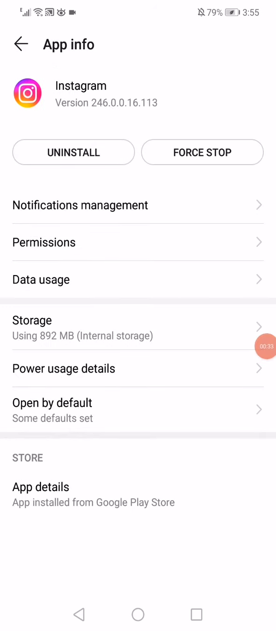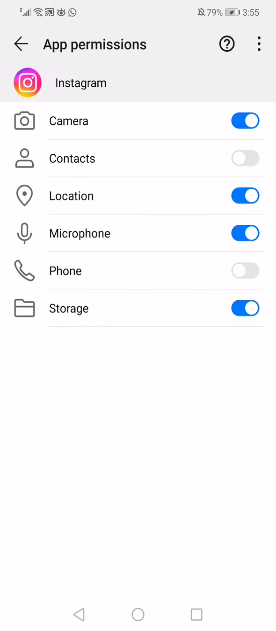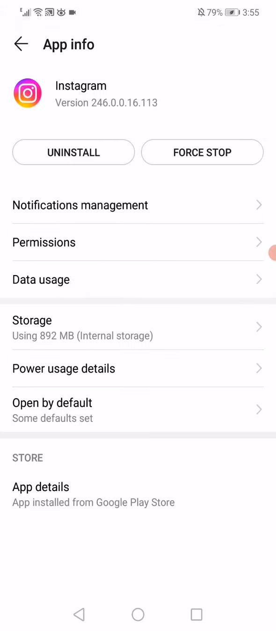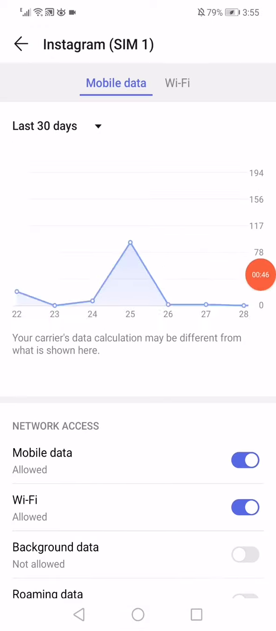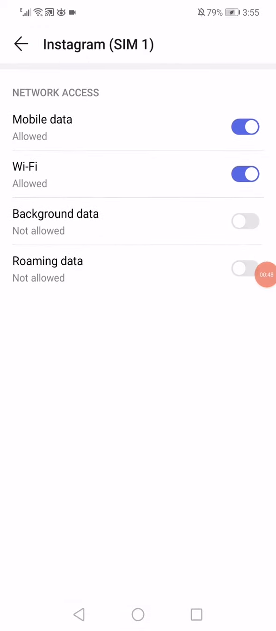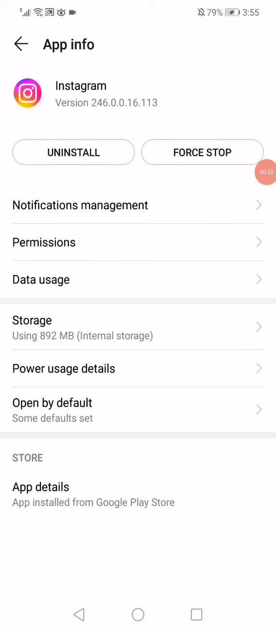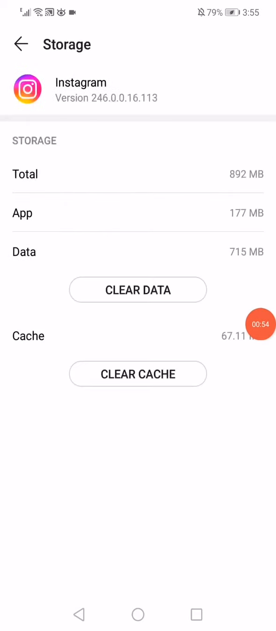and then all you have to do is go to the permissions right here and make sure to enable all those permissions as you can see, and then go back, click on data usage and make sure to enable the mobile data and Wi-Fi, and then go back again, click on storage and click on clear data and clear